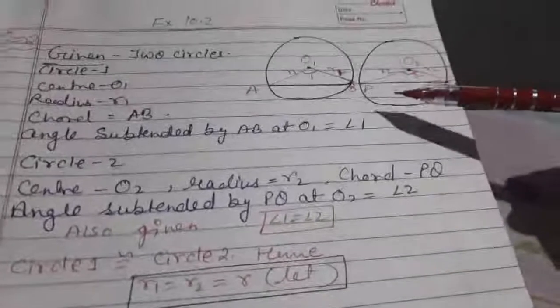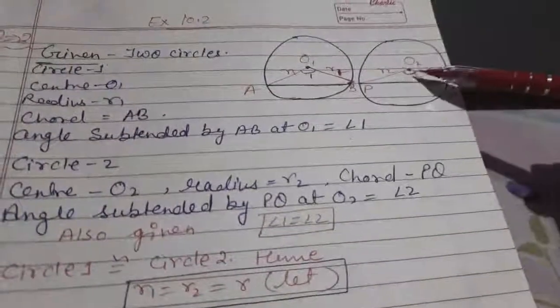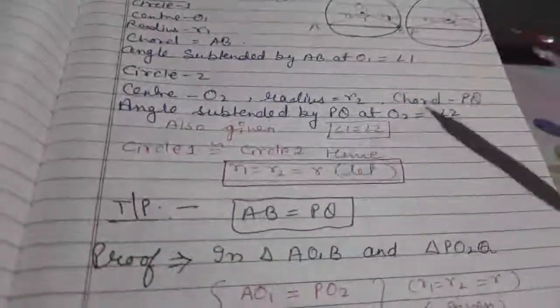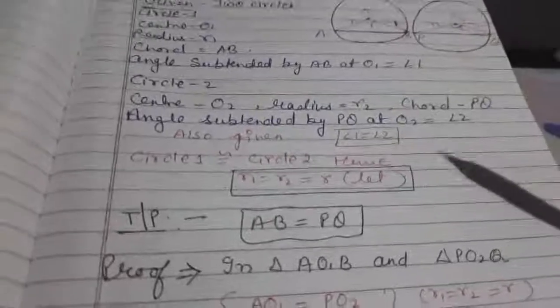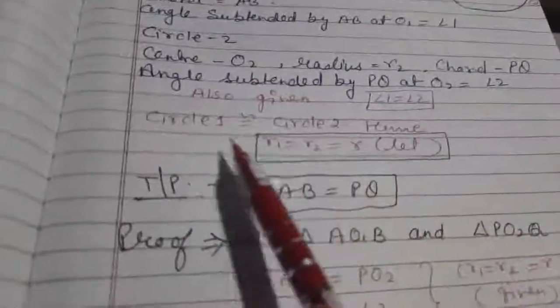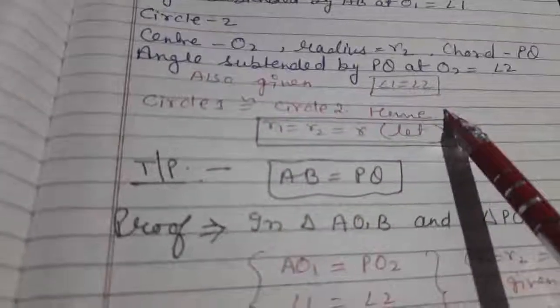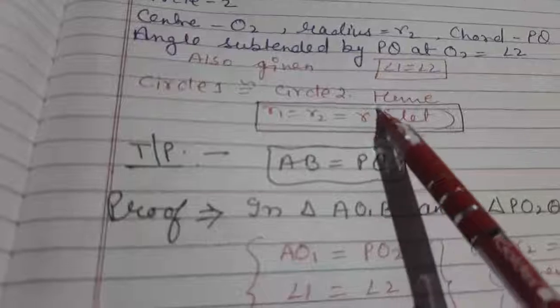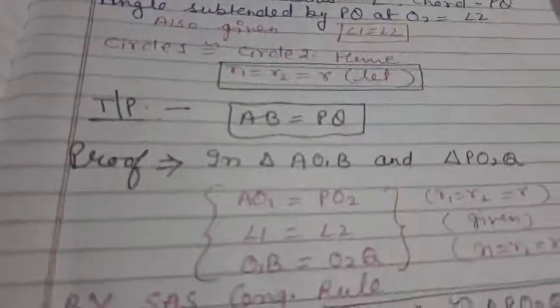Means this chord is forming angle 2 at the center. In this, it is given that angle 1 is equal to angle 2. In the question it is given that the chords subtend equal angles at the center. As circle 1 and circle 2 are congruent, the radii of both circles will be equal, and I am considering it as R. We have to prove that